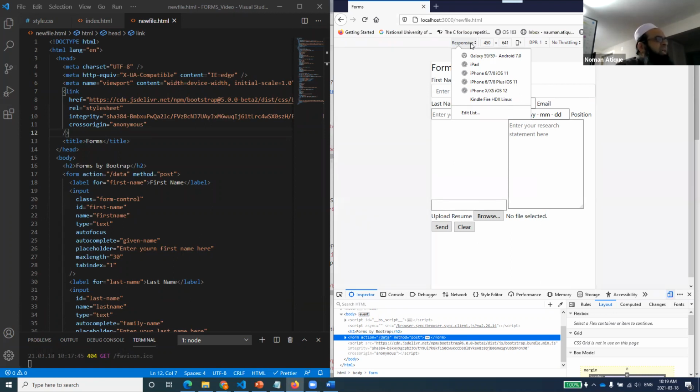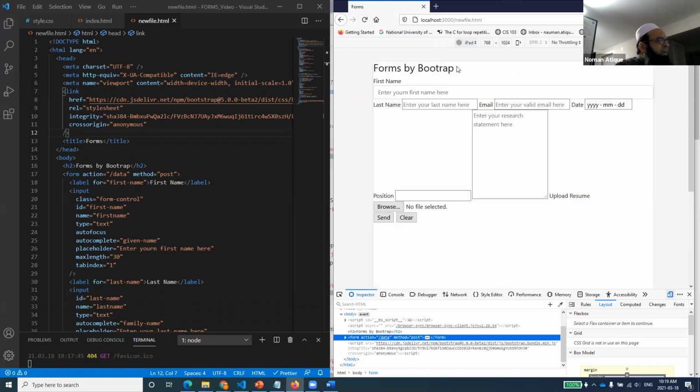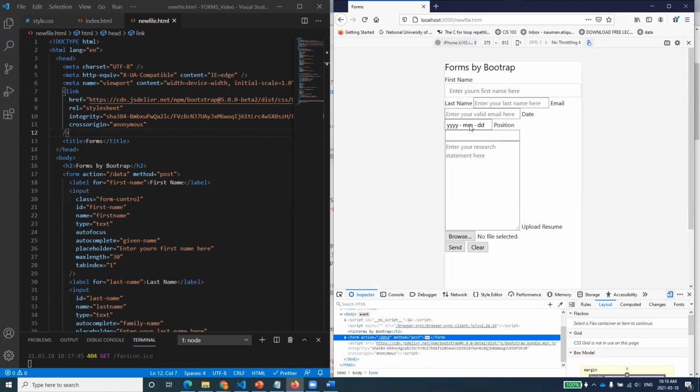First it says Galaxy S9, S9 Plus, Android 7.0. If I click on it, it shows me my Android S9 screen. If I click on iPad, iPad is different. It shows how your document will look on an iPad. Is that helpful?